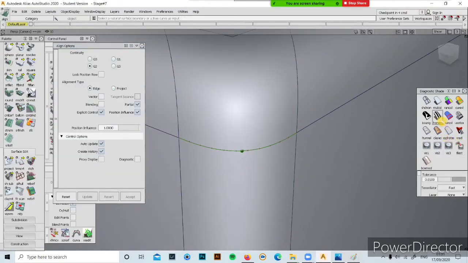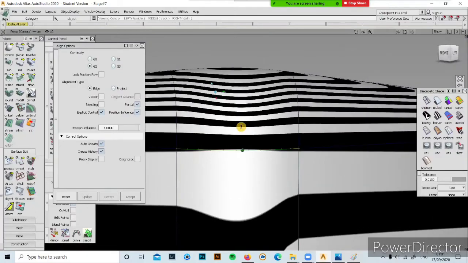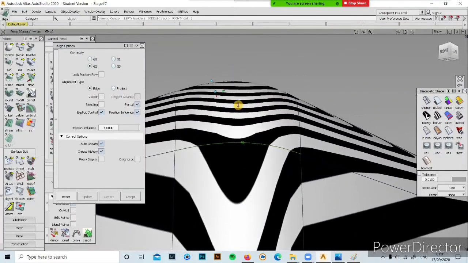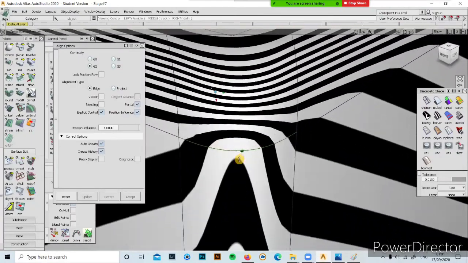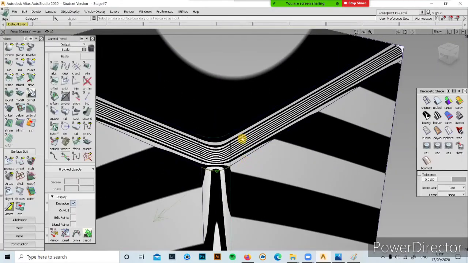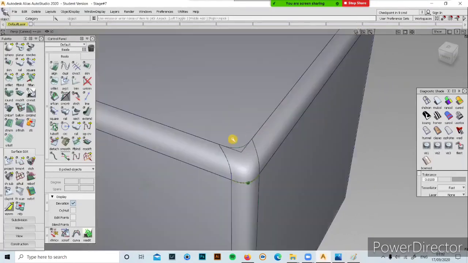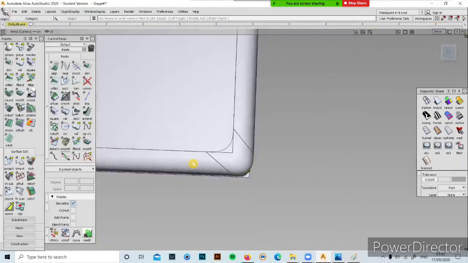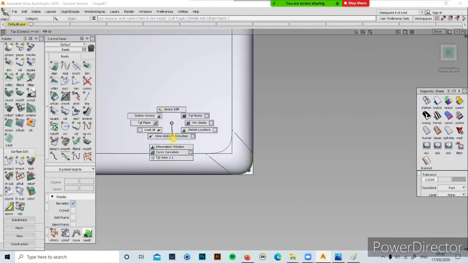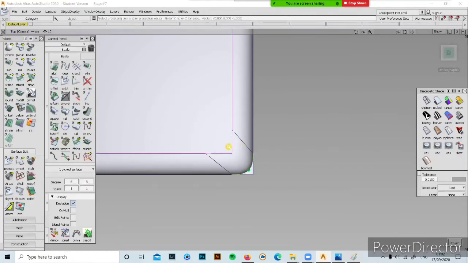Now if you go to the zebra and see, you see the flow. It comes in a uniform. So this is what you need to make in Alias if you're gonna be an Alias modeler. Okay, now you may think I need to trim it, right? I'll just project it, click it, delete, trim it.